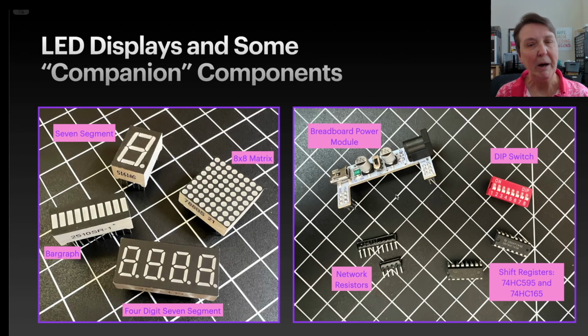So breadboard power modules, dip switches, network resistors, and shift registers. And you can use the 595 to increase the number of outputs you have on your microcontroller, and you can use the 165 to increase the number of inputs you have. And so I thought they were interesting to work through, and it can be a little complicated. There's certainly a lot of good videos out there on them, and maybe my understanding of them might not be 100%, but I'll share with you what I learned as I learned how to use them to control some